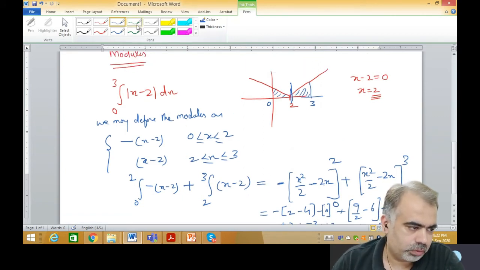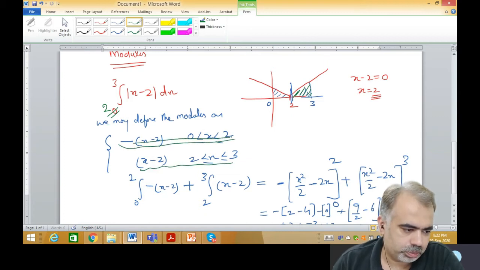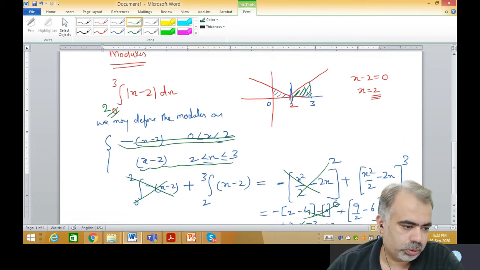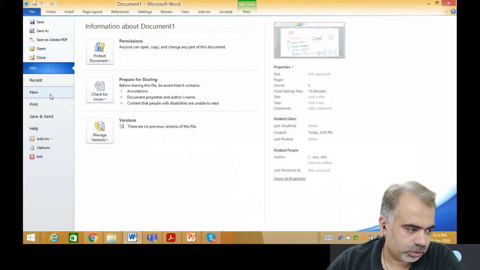Now let us suppose this question is asked from 2 to 3. Let us suppose I am changing the limit from 2 to 3. Then in that case our graph lies on this side only, so I have to solve only this part. We need not do this part. We can strike it out. We just have to do this part from 2 to 3. So if I integrate it from 2 to 3, this portion gets cut, this portion gets cut, and I am left with only this answer. So I hope you understand. From where to where it is asked, you just have to take that portion of the modulus. So by this the modulus is very easy, and one question will definitely be asked from the modulus.